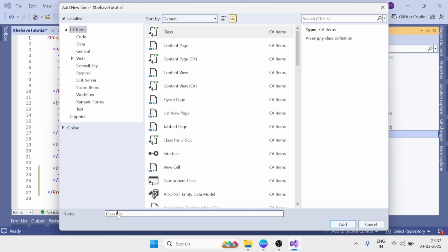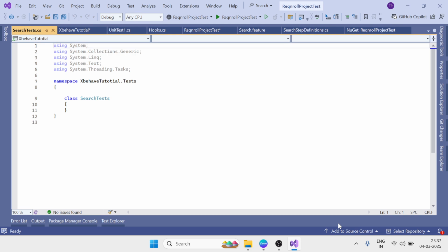So this is the class, and you can put the name as search test. Whatever your requirement, based on that you can put the name of the test class. Now this is the class. Now what we need to do, we need to create this public class, and then we can create methods